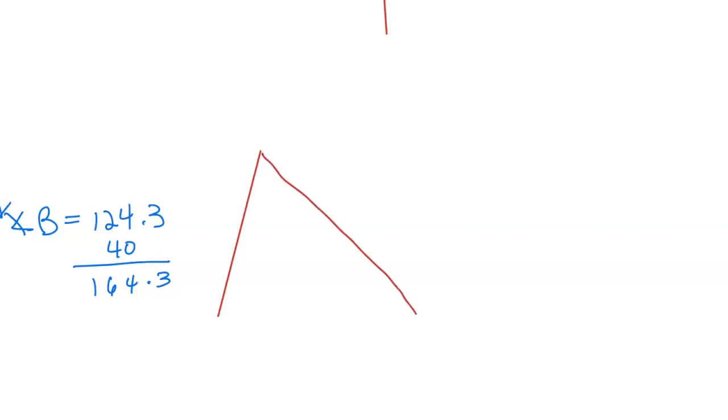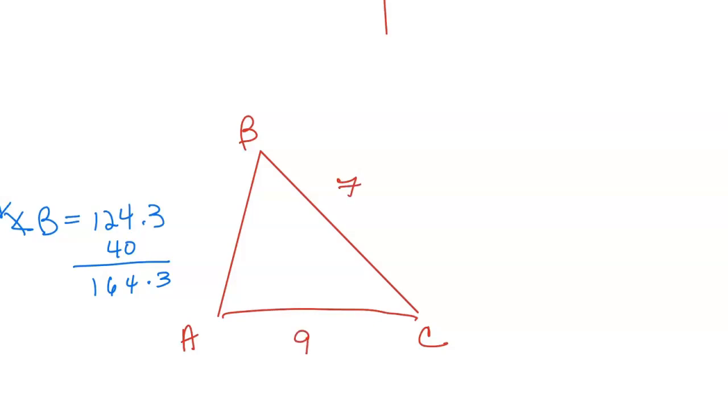So now what I have to figure out is how I'm going to set this up. Well, I'm going to use the exact same information they initially gave me, which was that little a is 7, little b is 9, and big A is 40. I just found that angle B could be 164.3. What can angle C be? Well, 180 minus 40 minus 164.3 gives me,